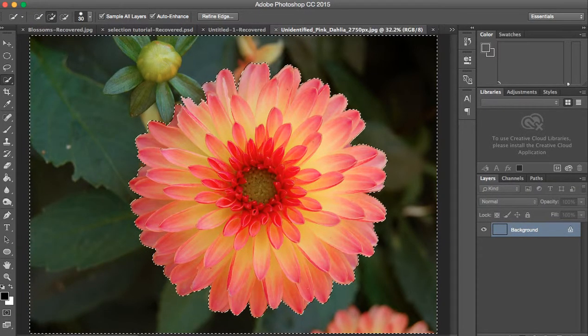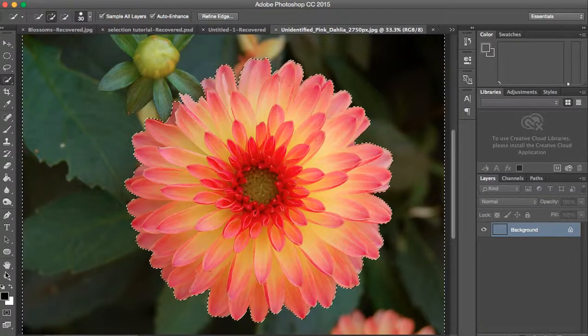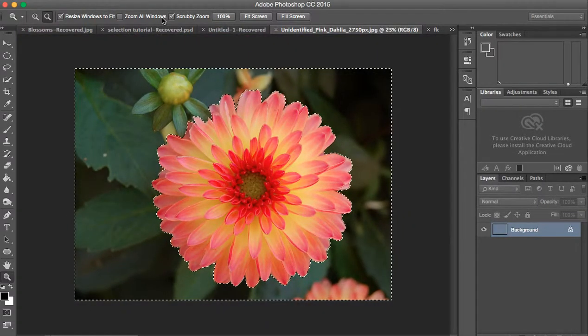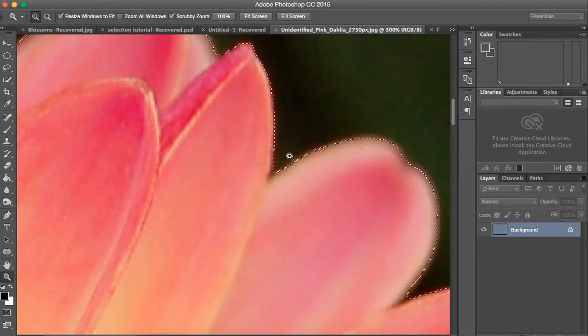Okay, and then you may find when you zoom in on this, maybe areas are missing. So let's zoom in a lot. Oops, plus. Okay, so you see how this is sort of soft along the edge of the petal. And you have some of the background included here,